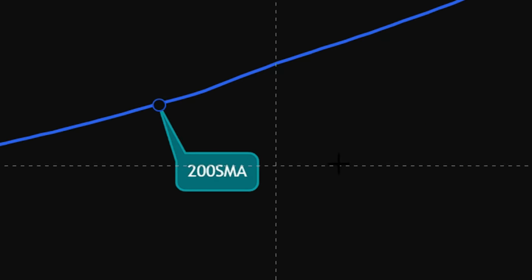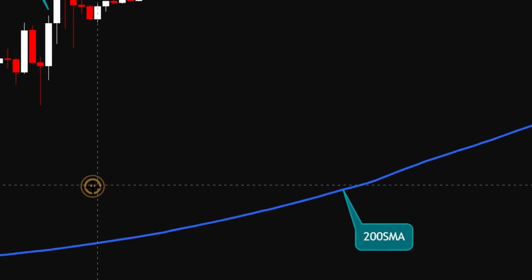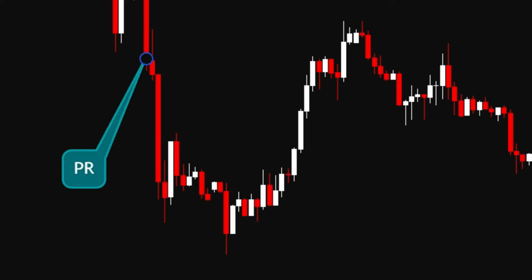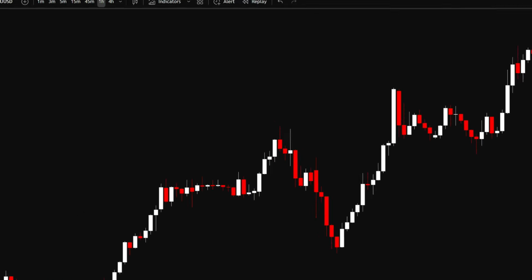Price above it, you're hunting for longs. Below it, shorts. Once that's confirmed, draw your Fib from swing low to swing high for an uptrend and the opposite for a downtrend,